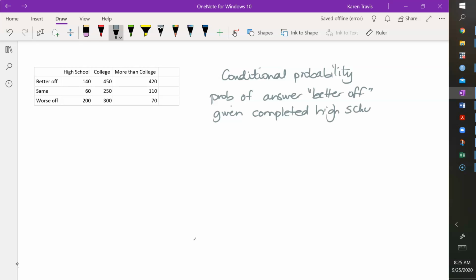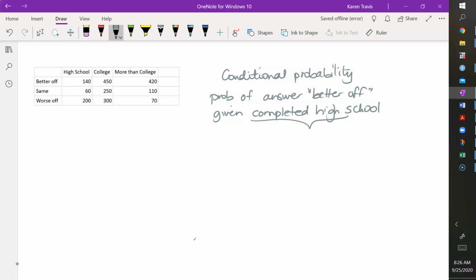So it's important to notice that one event has basically occurred first, completed high school, and after we already know that, we're thinking about the chance that they would answer better off. So using the rule in the textbook and using the way we have notation,